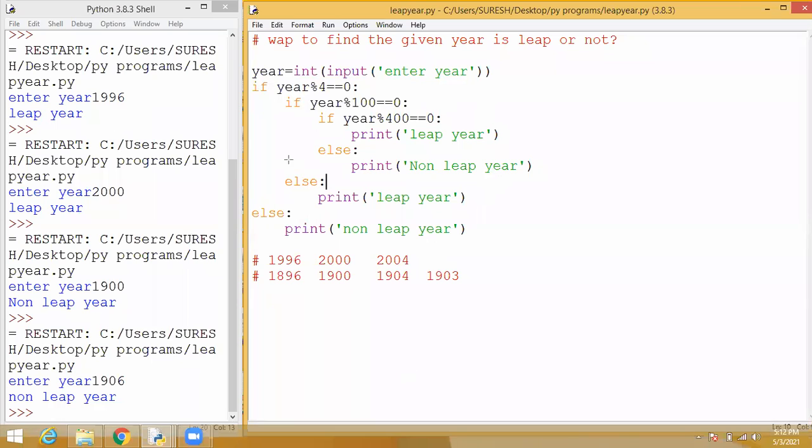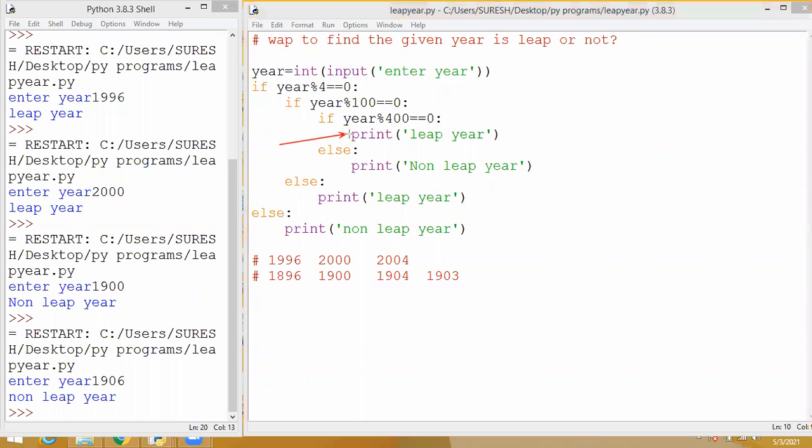See, you can get any one input. If it gets this input, all the others will be skipped. It will print this only one. Remaining everything will be skipped. Anyway, the flow of execution is changing. It will not execute line by line, so the remaining steps are skipped.